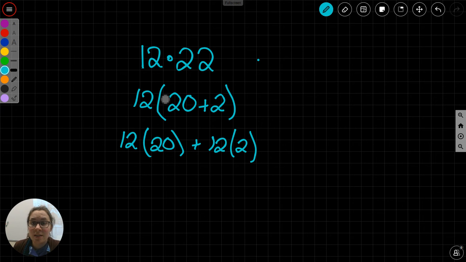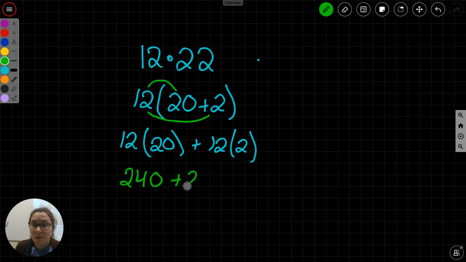I can take things apart, and this 12 here gets applied to the 20 and the 2. The 12 applies to everything in the parentheses. Now I can do 12 times 20, which I know is 240, because 12 times 2 is 24 with a 0, plus, oh, here's 12 times 2 again, 24, equals